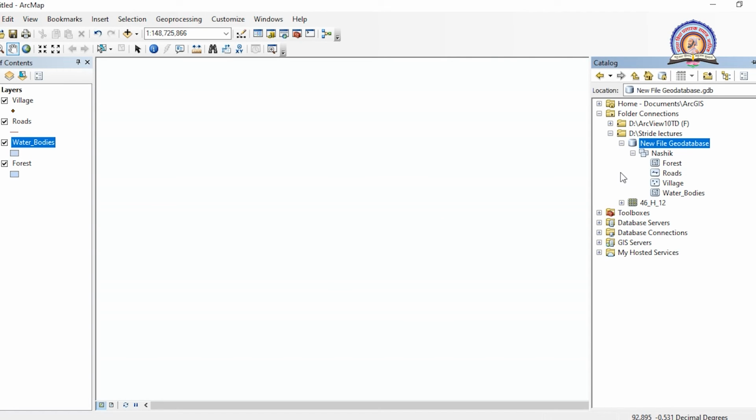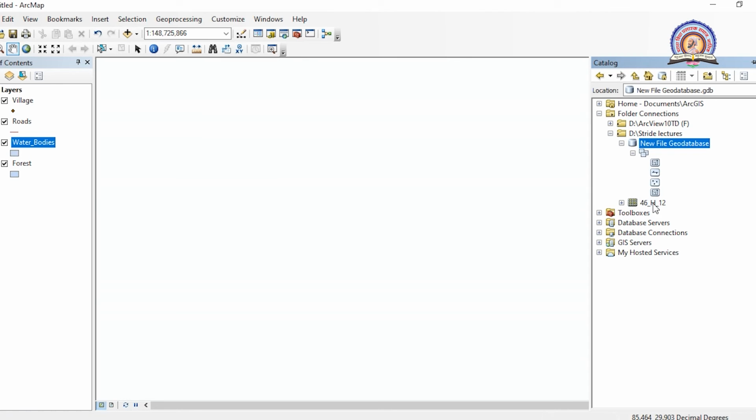Currently it is difficult for you to rename, but once this process is stopped, you can rename it easily. So in this way we are creating our database, our data set, and also giving projection to the data set and creating different types of layers based on entities such as polygon, line, and point.